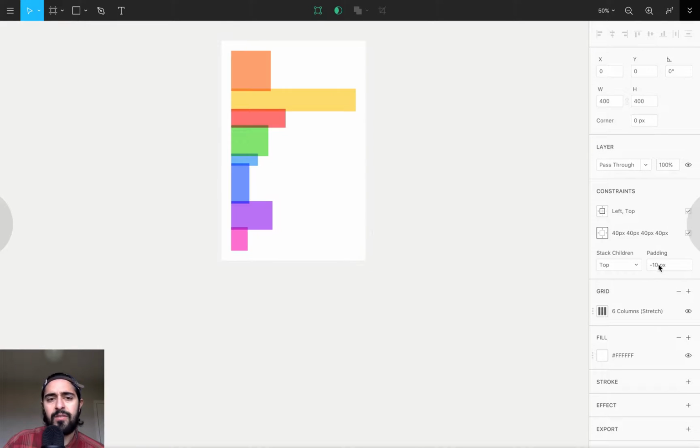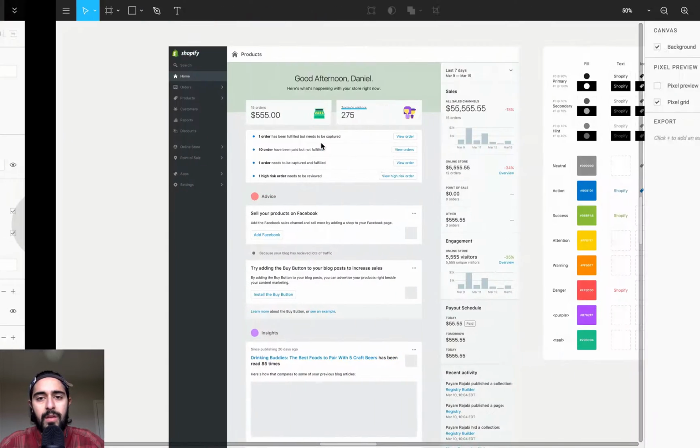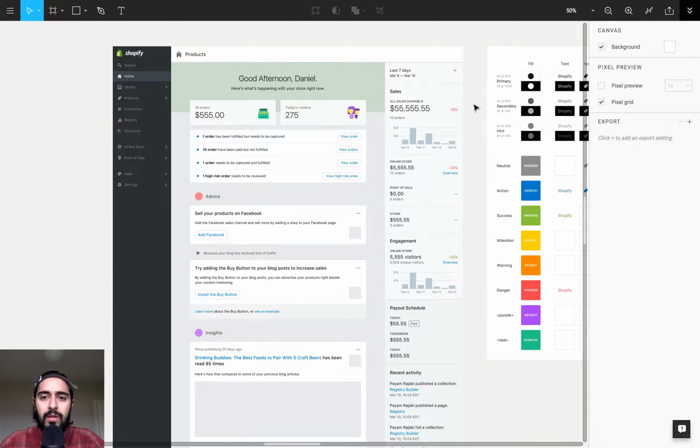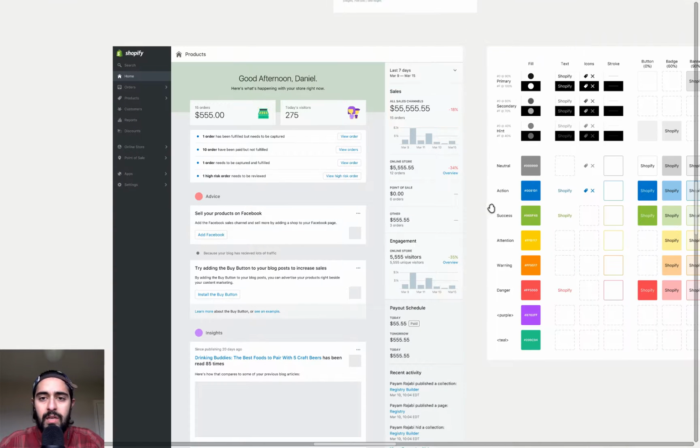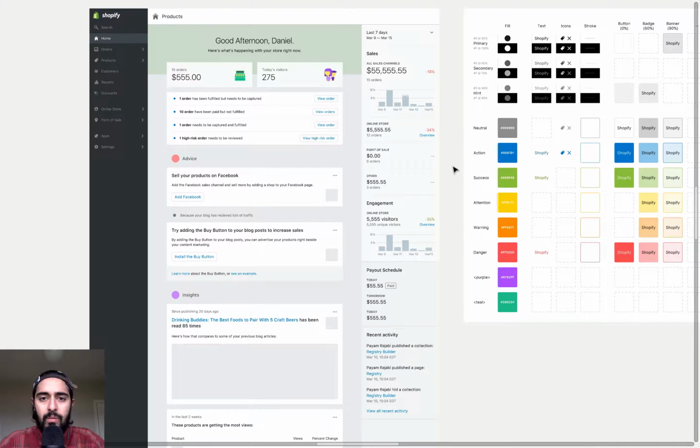Or I could even have a negative integer and they would overlap. So these are a few things that I think would be really useful, and I want to show you a few examples of where I would actually use them. So in my day-to-day work, as I'm designing UIs, a lot of the work that I'm doing relies on many